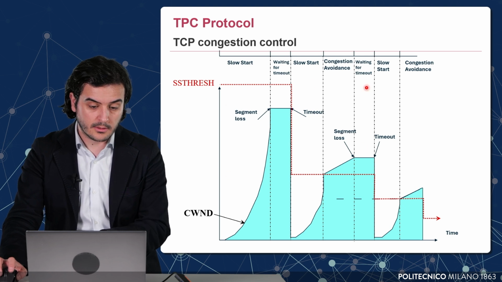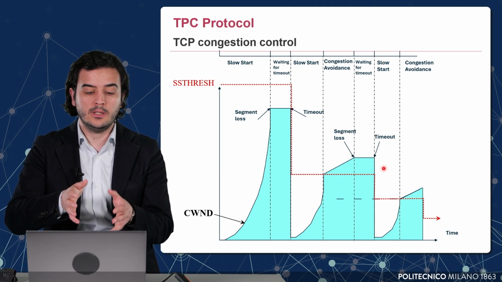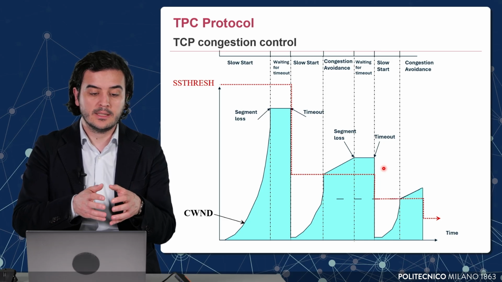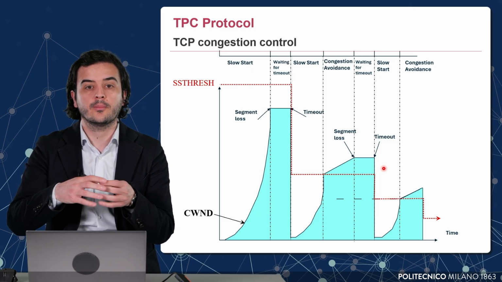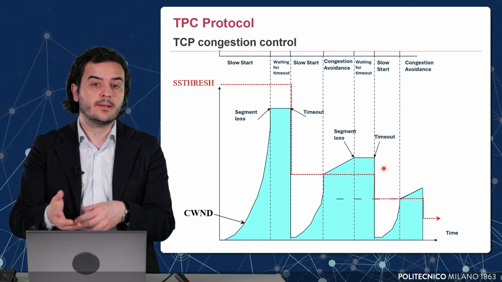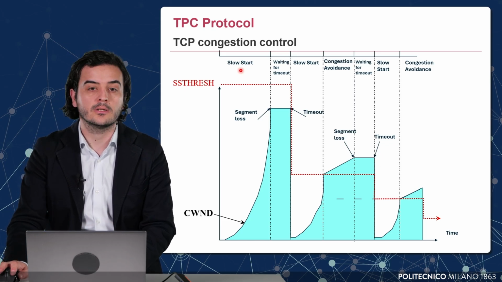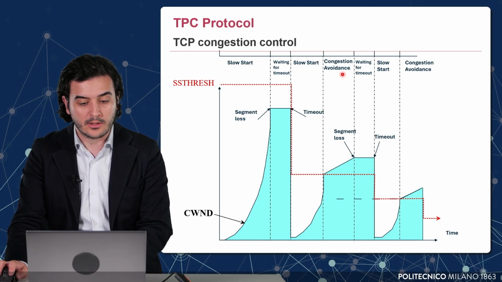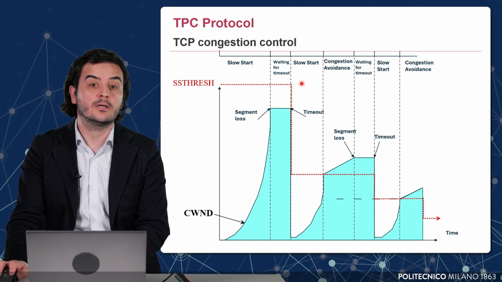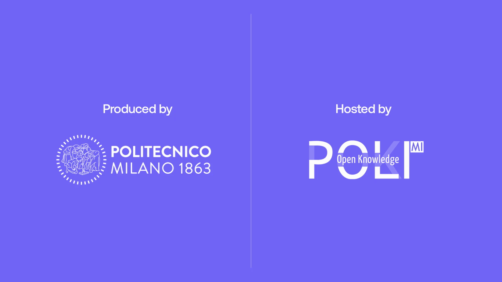So this example allows us to see how the TCP transmitter might dynamically change the amount of segments that it transmits depending on the state of the network, depending on whether it is in a slow start phase or in a congestion avoidance phase, and accounts also for a loss of a segment during the transmission.